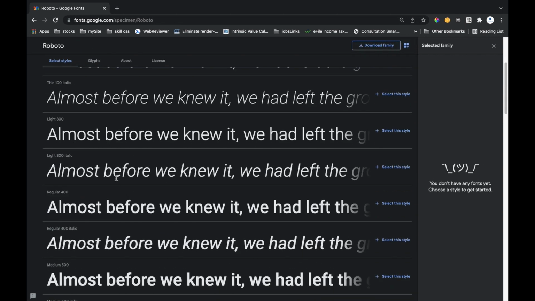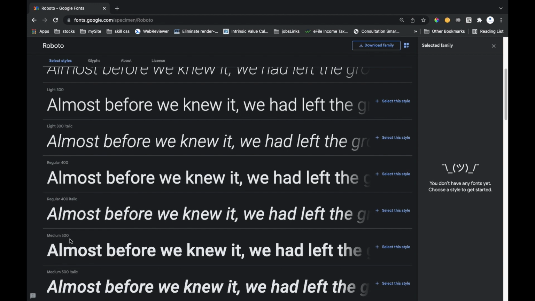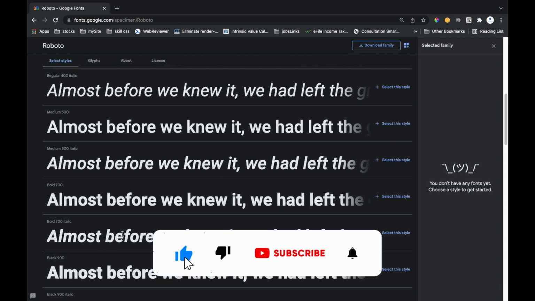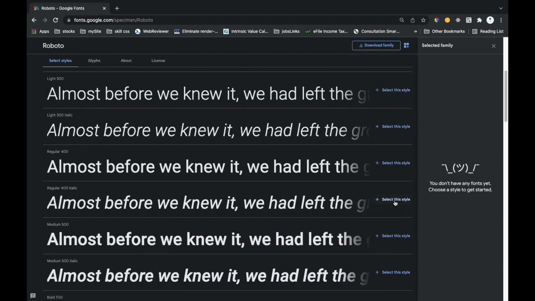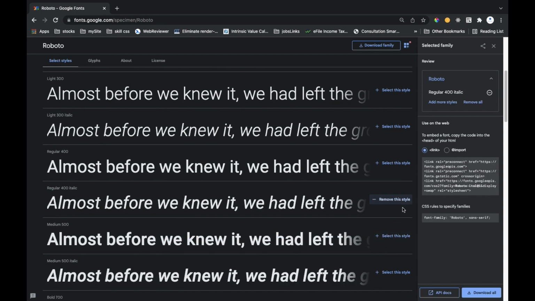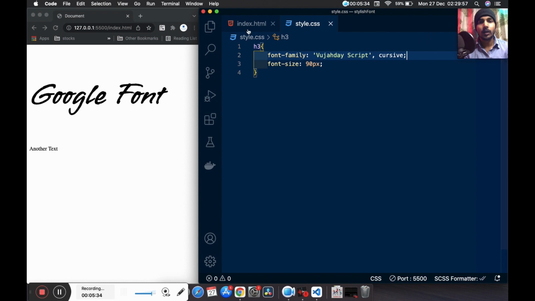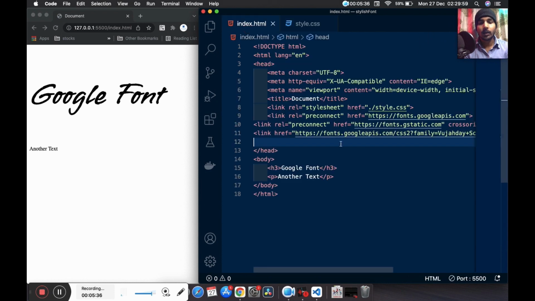This is the same font, and this is the thickness, like 400, 500. So this is the boldness of the font. Select which one you like. So I will select this, like 400. Similarly, copy that link and paste it in your HTML page inside the head tag.